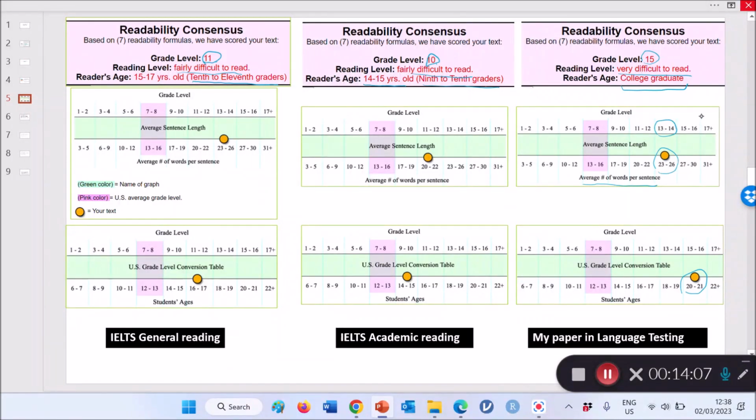So I'm actually kind of happy and delighted by the results of this analysis, because the text is obviously suitable for tertiary level and graduate level students, whereas the texts that are used in the IELTS tests are probably not suitable, if we go by this analysis, for people who are in graduate programs. Now, of course, this is one of the many indices that you can use to evaluate the suitability of your